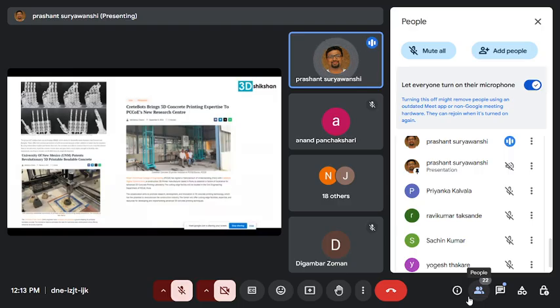Along with some IIT professors, they have developed indigenous 3D printers. Big companies usually use Cobot machines, which cost almost 10 crores, but this indigenous machine is less than 1 crore, or less than 50 lakhs if I am correct. So you can think how much research they have put into that.